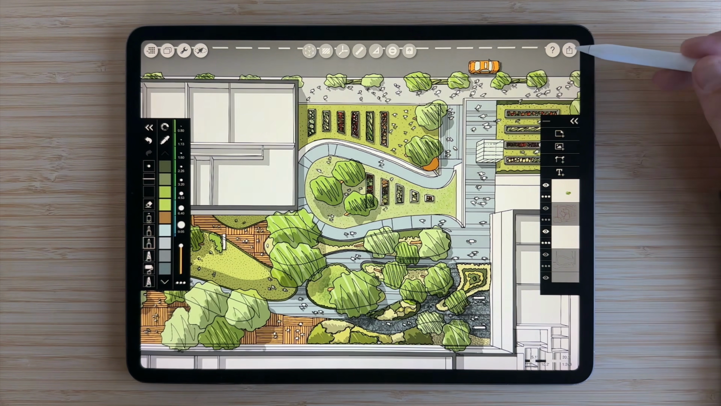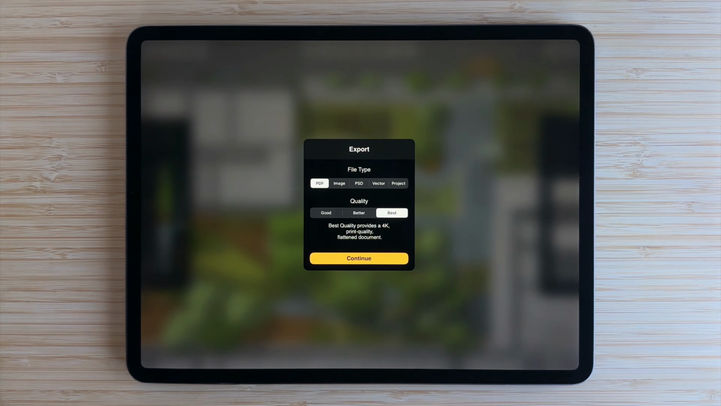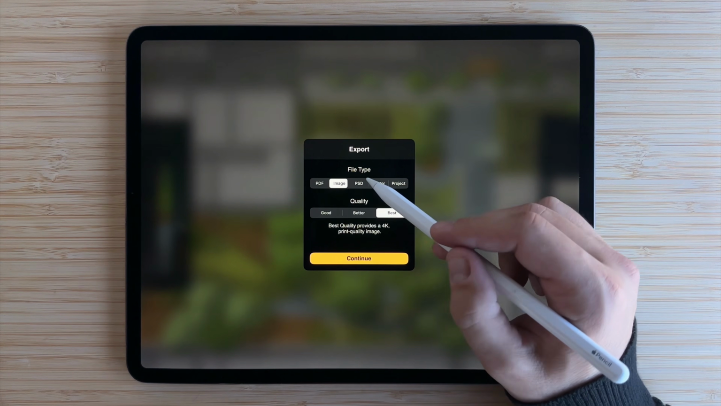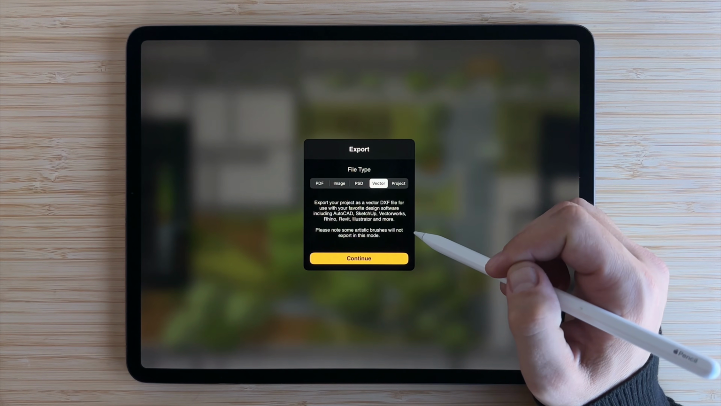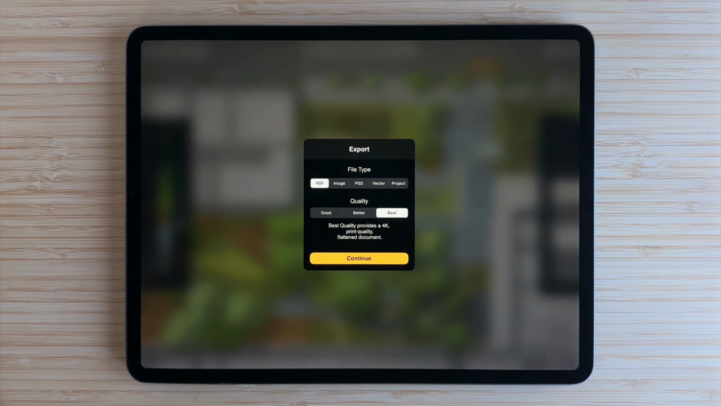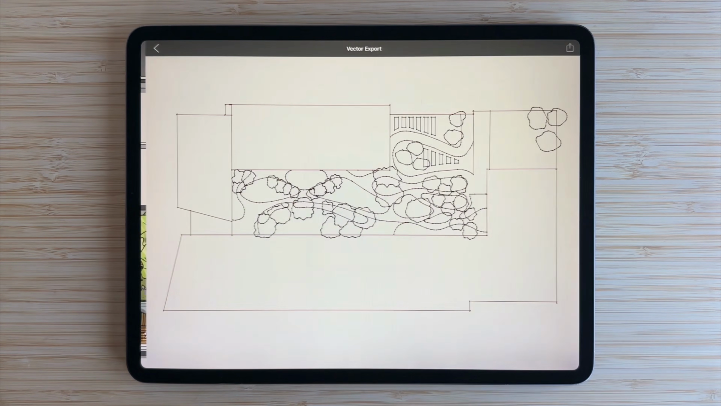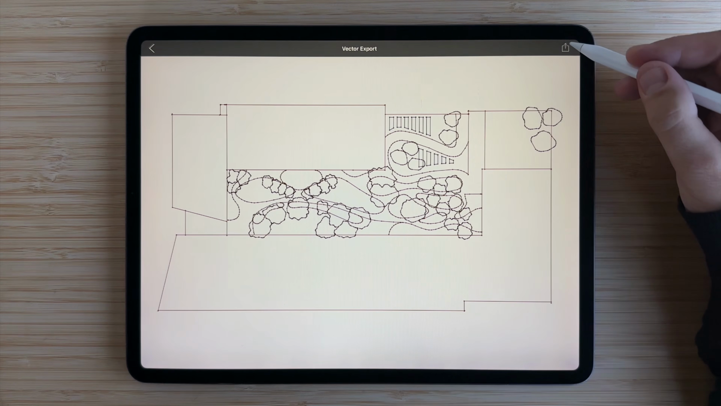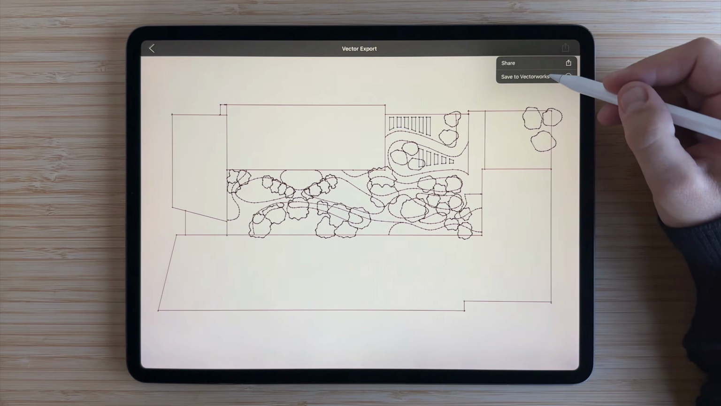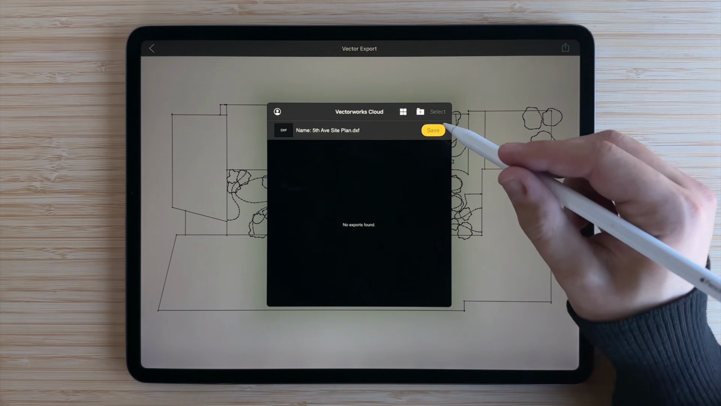Tap Export and choose your format. You can export PDFs, image files, and vector DXFs. For print-ready PDFs and images, choose the best setting. For the ability to edit your line work, export it as a vector file. Then, if you select Save to Vectorworks, your file will be saved in a dedicated Morpholio Trace folder on your